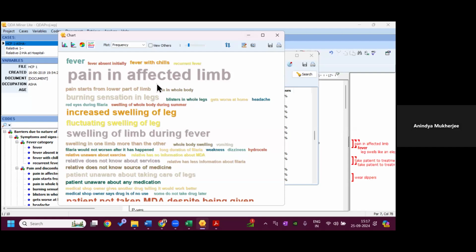But again, in this QDA Miner, it is not that good. In NVivo, the word cloud is very nicely drawn. Here, I don't think you can show it that big. I put it in the manuscript, but we have not shown it. But again, this option is there.